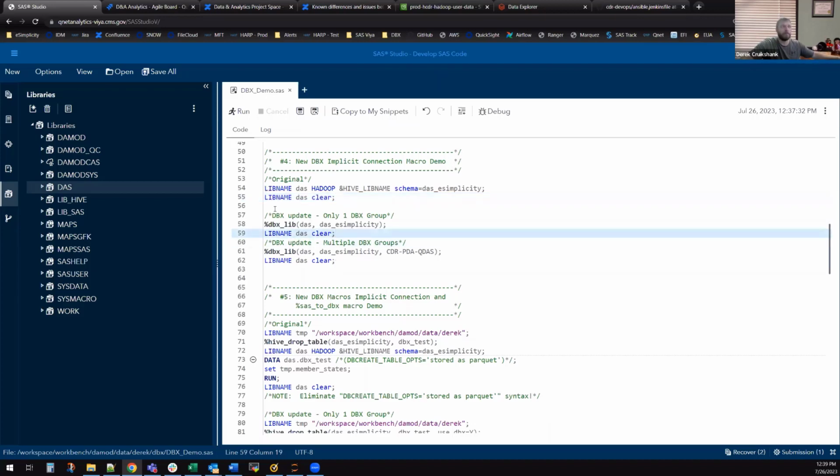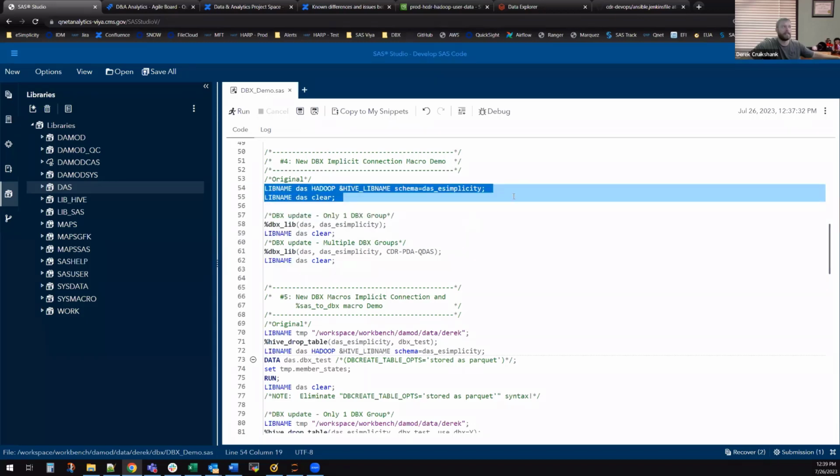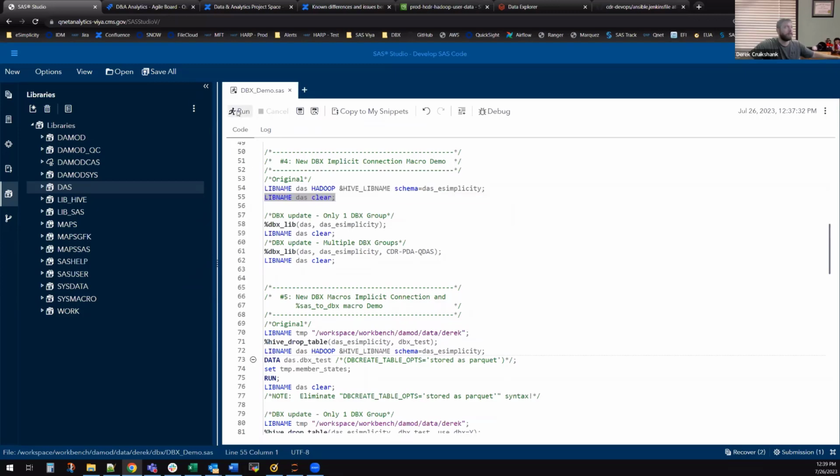How we do this now is not through a lib name statement. You don't need to really specify this out anymore. We now have a macro call. So if I clear this out, the macro call, it's in one of the new macros, and it is just %dbx_lib. And there are going to be 2 parameters required in the macro call if you belong to just one